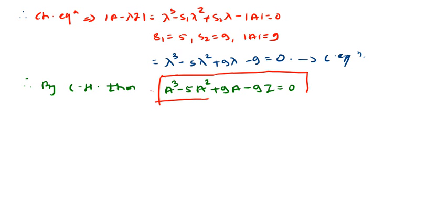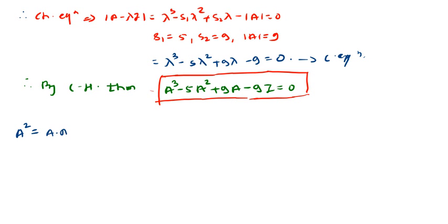Okay, so to prove this statement, firstly we need to calculate the value of A cube. To find A cube we need A square, so we will calculate one by one every matrix. Firstly we will calculate A square. A square is nothing but